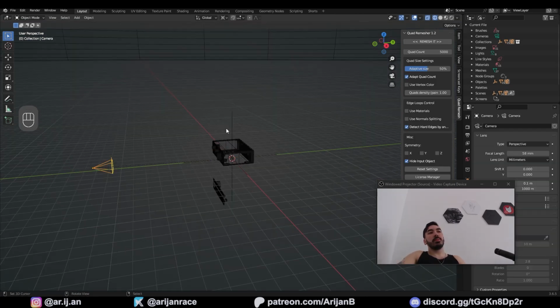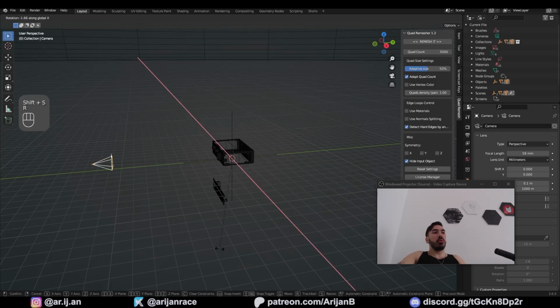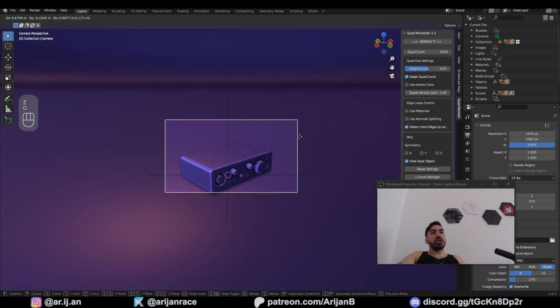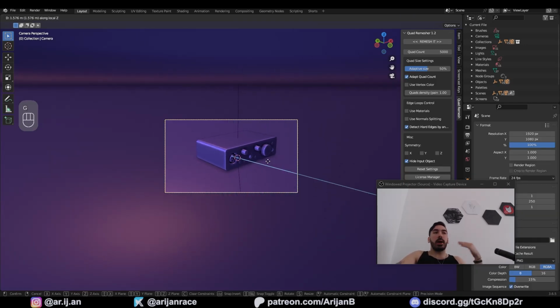With the 3D cursor in the middle of the world and the 3D cursor as a pivot point, rotate this camera around the X-axis so it's somewhere above the scene like this, and we're going to rotate the empty so the camera is in this position. I'm going to press G to move the camera and double Z to pull it backwards on its local Z